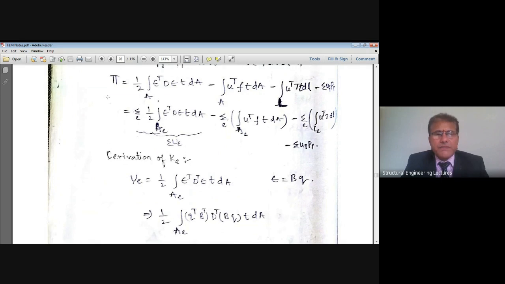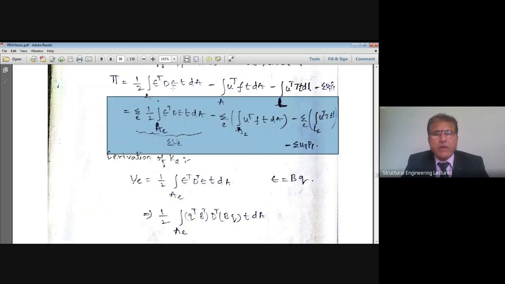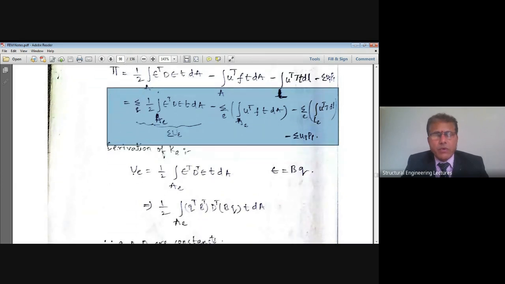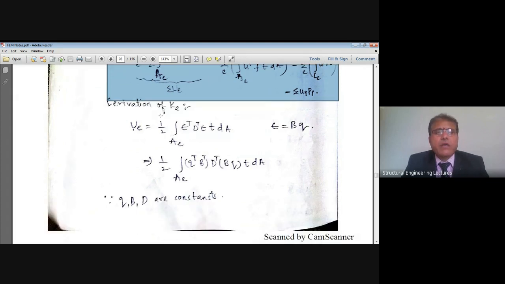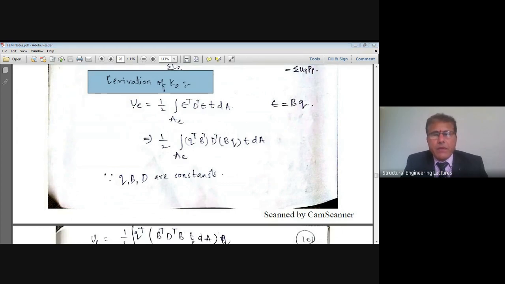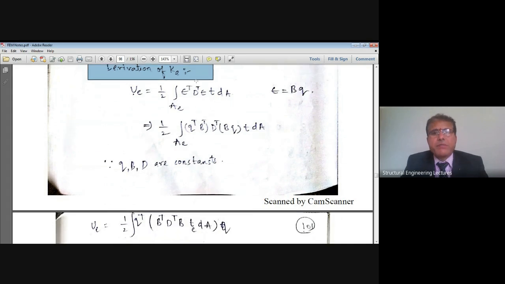Now this is for all such elements, summation over all such elements. What we have discussed is for one element, hence the total potential energy of this 2D continuum is the sum over all such elements of the strain energy of one element and the other work potential terms. Now I go to the derivation of the element stiffness matrix Ke, notated by small k with subscript e.